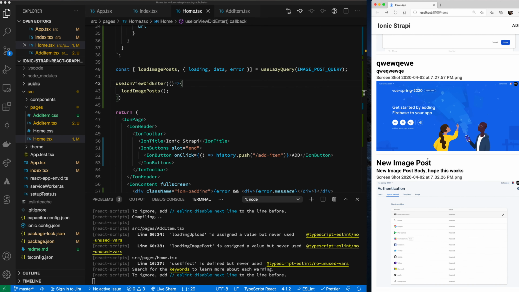And so we get our data loaded the first time, which is what we wanted to see happen. So our data gets loaded. And then now the check is, if I go over to add,